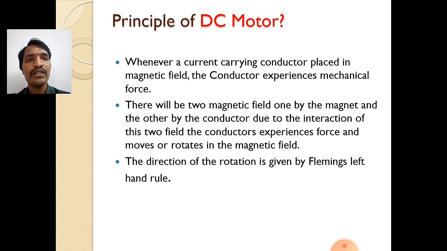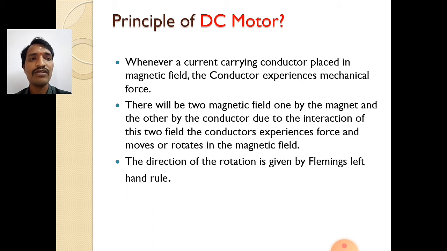In this machine there will be two magnetic fields. One is the magnetic field and the other is the current carrying conductor. When current is passed through the conductor, it behaves as a magnet. This magnet is placed under the magnetic field. Due to the repulsion force and attraction force, the rotating part of the machine tries to rotate. This is the rotating action of a DC motor.